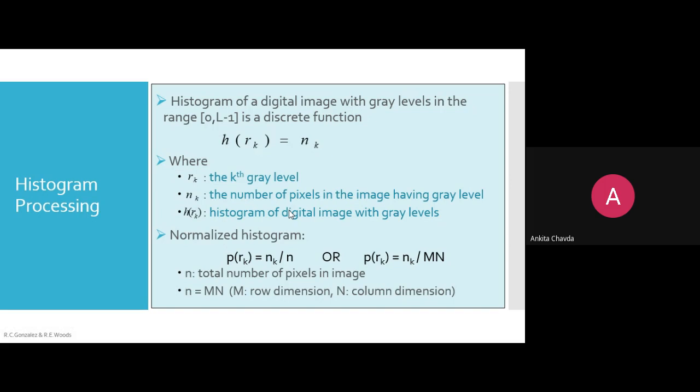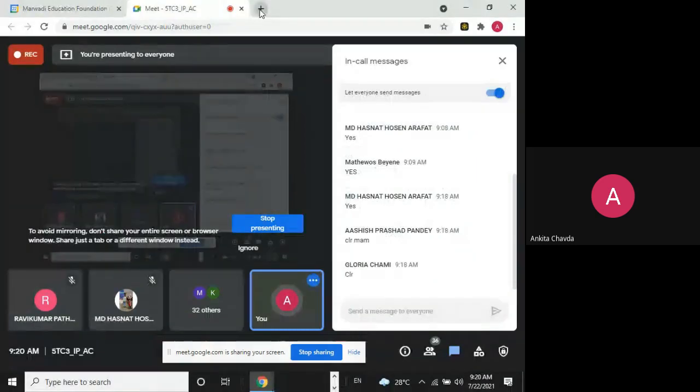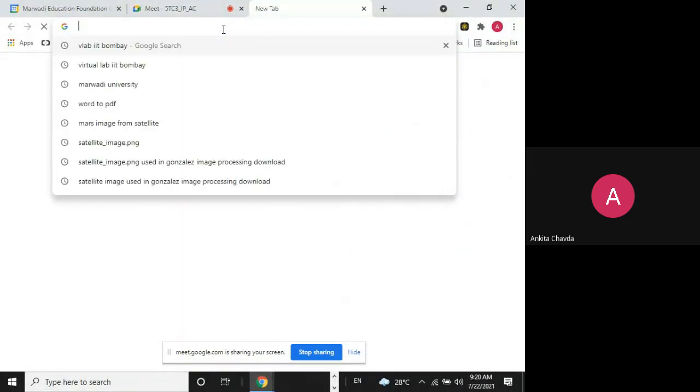Okay. So it is showing you that kind of histogram where you have values from 0 to 255 and the different pixels are there. We will see another histogram if you wish. Any other image, any of the images, and we will see the histogram of it. So I'm opening this Octave.